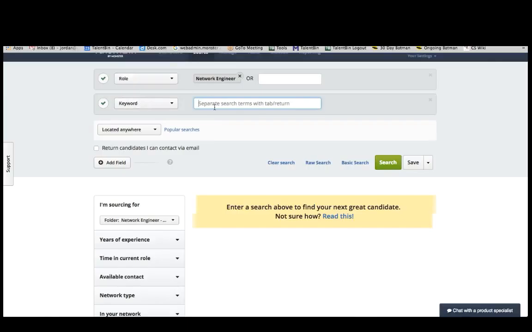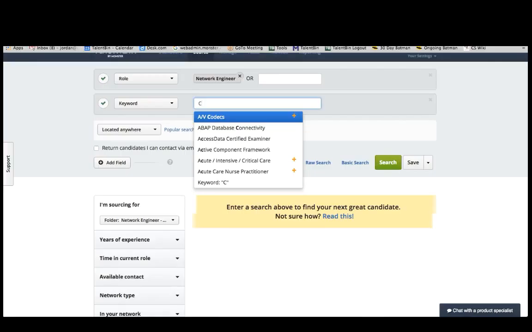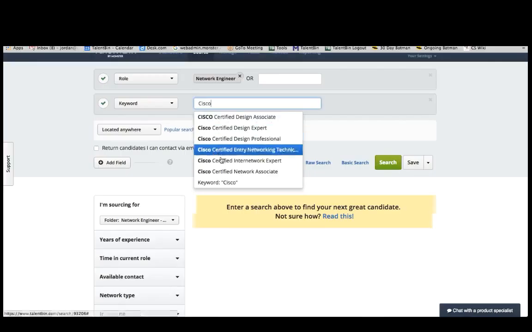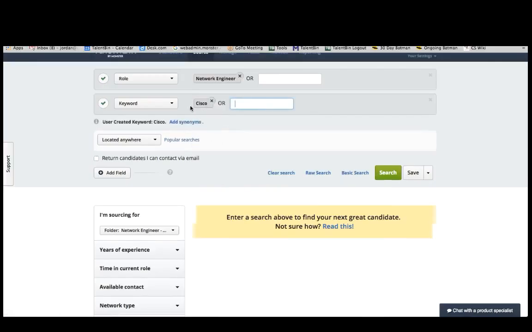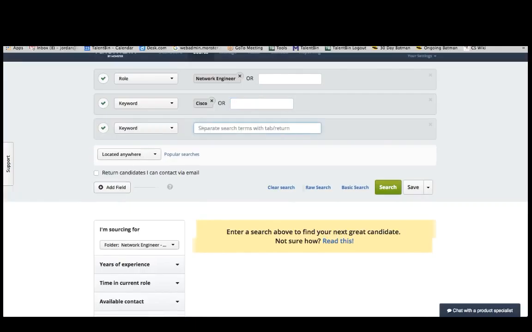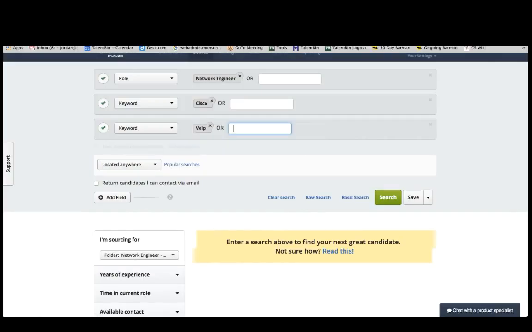I got my main role with the network engineer. So I'm going to put in Cisco right here and just have that as a keyword, right? Again, keeping it pretty broad. I'm going to add another and let's say VoIP. Let's do that as well. These are all common skill sets, but again, keeping them very broad, very basic, and tying that to my unique